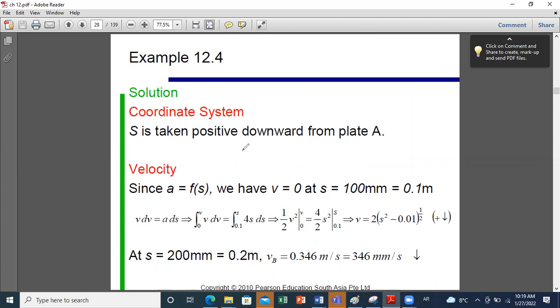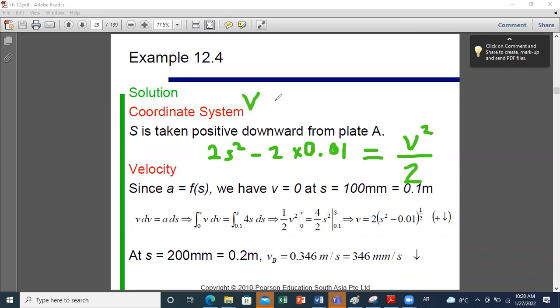You will get, as we said, 2s squared minus 2 times 0.01 is equal to v squared over 2. So now to get the expression of v as a function of s, you multiply by 2 both sides. So you get that v squared is equal to,